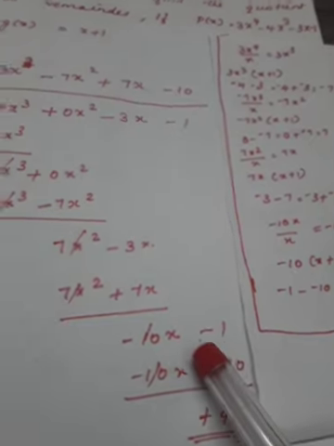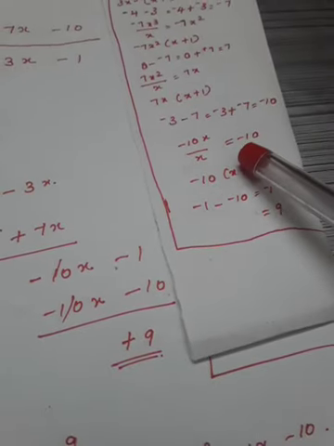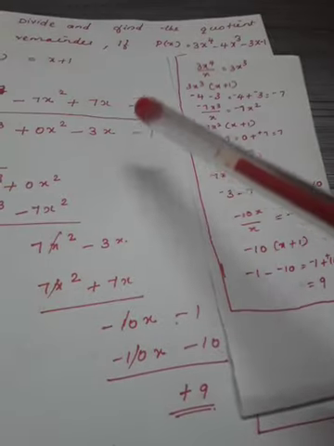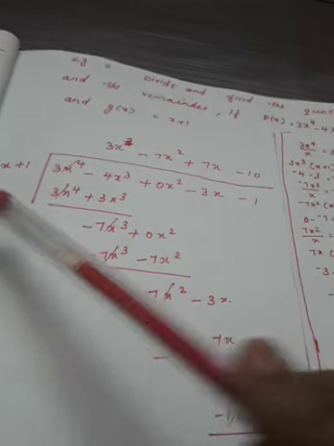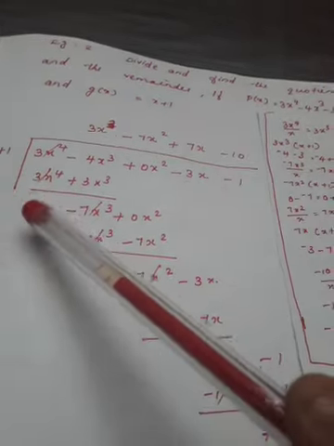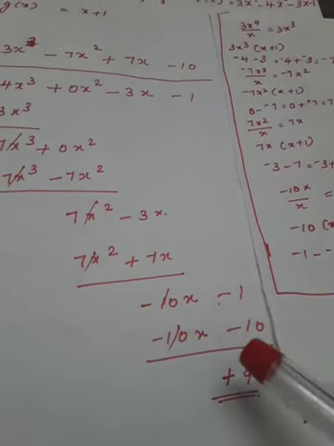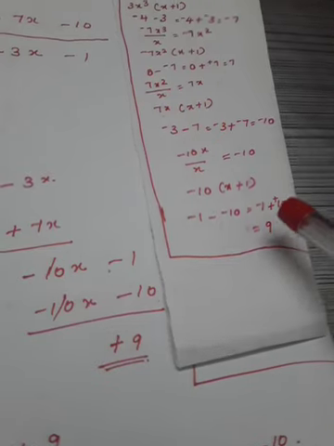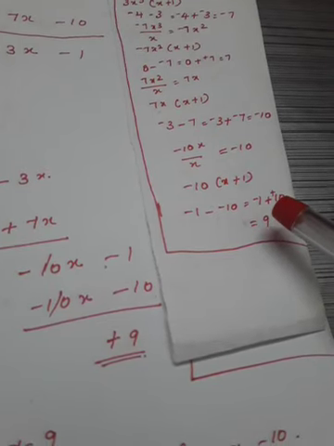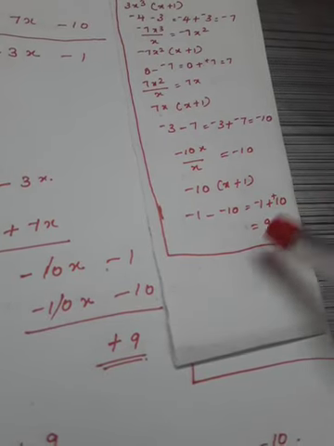The next last term is minus 1. Again we will take the first terms negative 10x and x. Divide them. Then what we will get? Negative 10 itself. That we need to write in the quotient part and multiply this by x plus 1. Negative 10 into x is negative 10x. Negative 10 into positive 1 is negative 10. Here these two will be cancelled. Negative 1 minus negative 10, that is negative 1 plus positive 10. One negative, one positive, addition. Then what we will do? Subtract and put the bigger number's sign. So 10 minus 1 is 9. Positive symbol we will get.